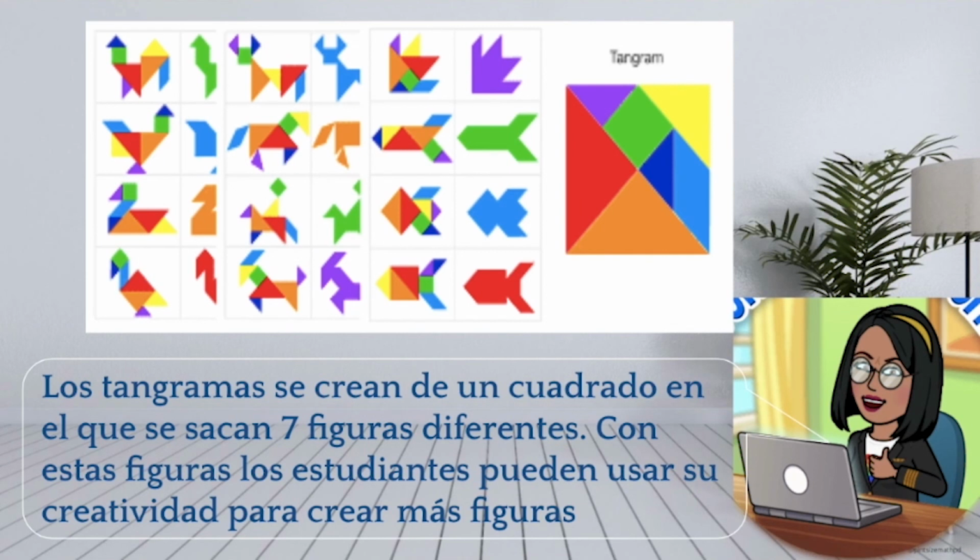Otra actividad muy divertida que pueden comenzar a practicar en casa son los tangramas, o en inglés tangrams. Los tangramas es un rectángulo que de la forma en que lo divides salen 7 figuritas. Tienen que salir estas 7 figuras exactas. Y con estas 7 figuras exactas se pueden crear una multitud de imágenes y figuras. Esta actividad es extremadamente divertida y creativa para los niños y también les ayuda a formar más polígonos y más figuras, siguiendo